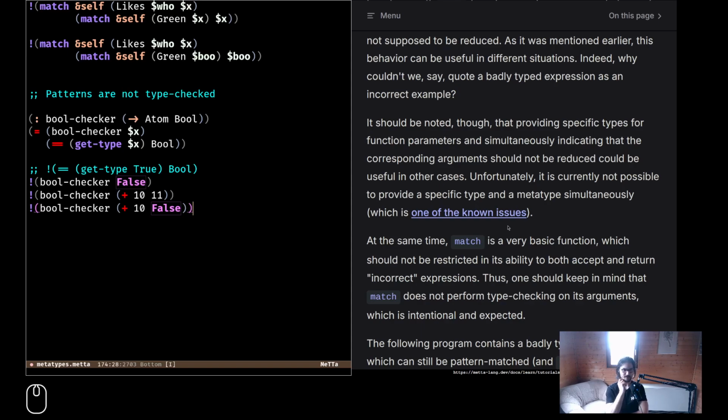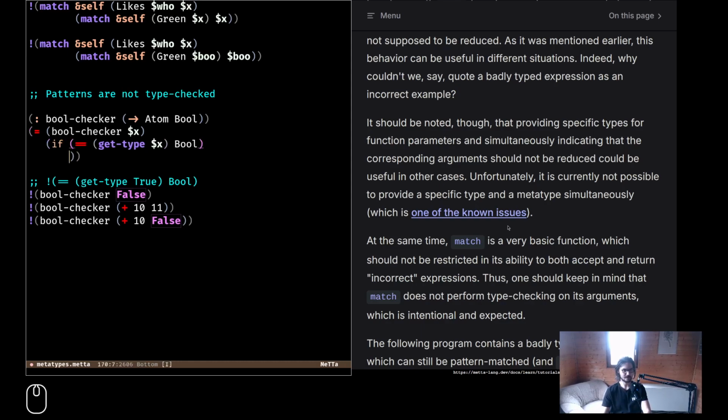But it also kind of talks about the type of the expression, right? So you can do that by just calling get type in your function. I could say if it's bool, then I say yes, and else I say no, right?